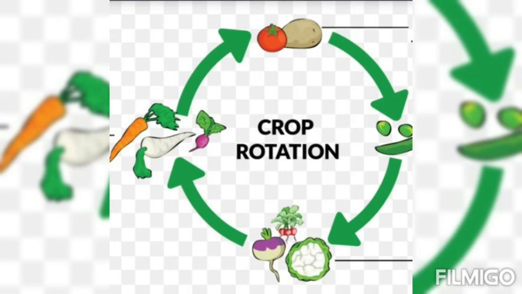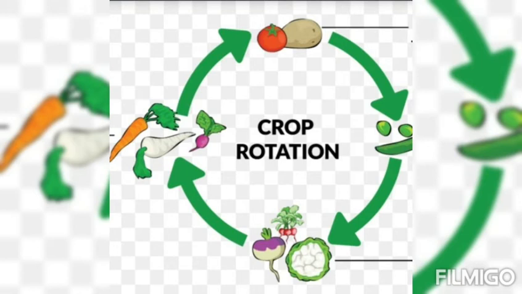Now what is crop rotation? Say if I grow crop A, then crop A draws magnesium from the soil. So after some time magnesium will be exhausted from the soil. So instead of doing this, I should grow different crops in a year so that each crop draws a different nutrient from the soil, and there is no deficit of one nutrient from the soil.